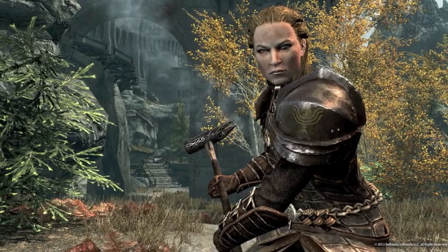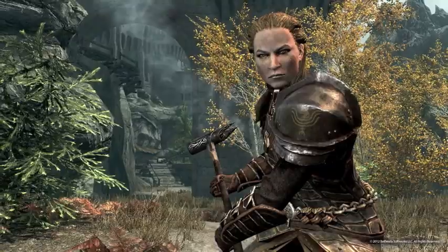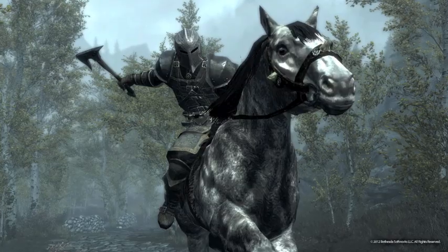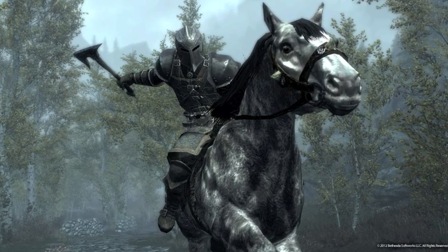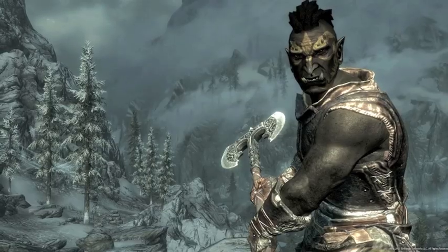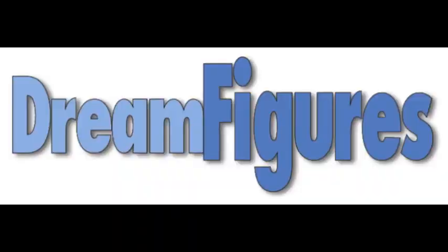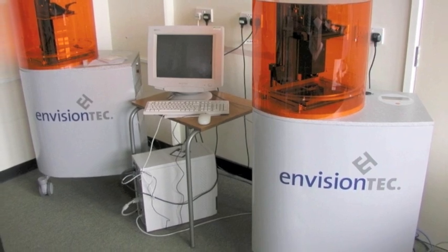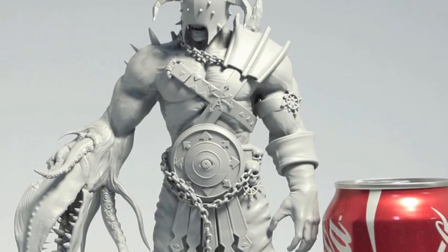The idea for Dream Figures really started as something simple. I'm obsessed with video games, especially role-playing games like Skyrim. We saw the opportunity to take a successful business model from another video game and bring it to the highly involved Skyrim community. Thus, Dream Figures was born. Dream Figures is a specialty service for video game players that allows them to purchase customized 3D statues of their personal in-game characters. We pull the gamer's character from the game, send it to 3D artists, and then a 3D printing service that prints a detailed statue and sends it to the customer.